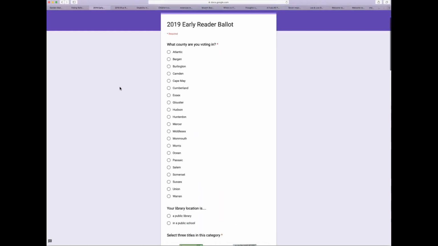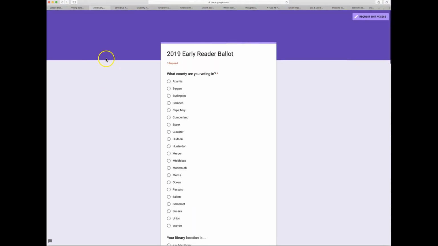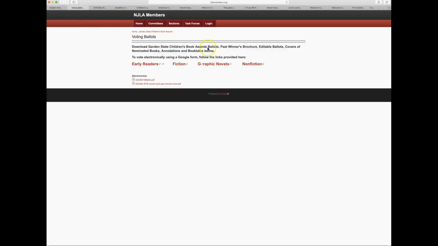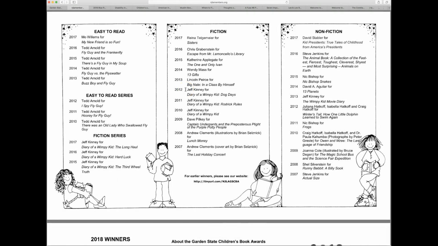You can vote electronically, or I believe for this year you can still send in a vote by ballot. So the ballot here has instructions for how to vote if you don't want to have your students vote electronically. And then this is a nice brochure